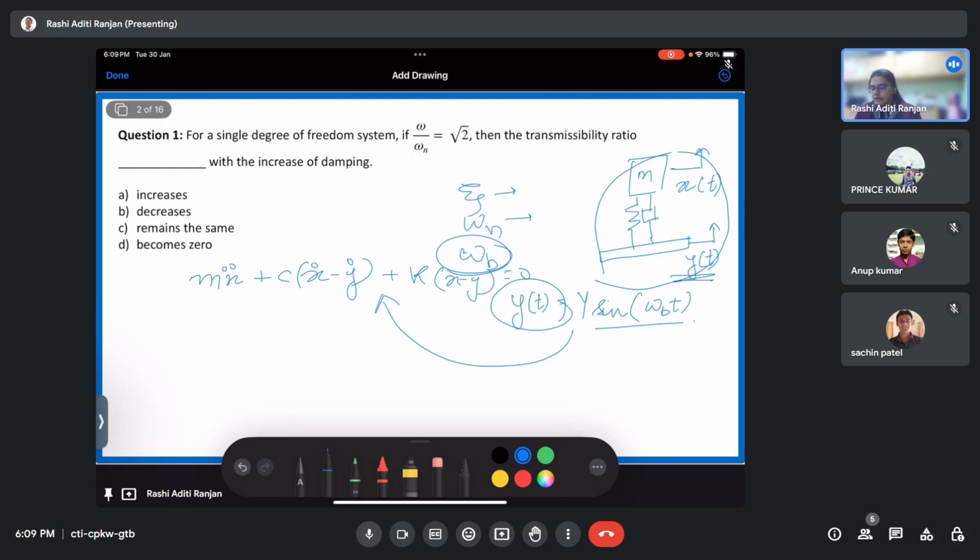Okay, fine. The reason is that the system is damped. A damped system means that the vibration which is due to the natural frequency of the system is going to damp out with time. Only the vibrations which are due to the forcing function will remain. So in that case, the transmissibility ratio is defined as capital X divided by capital Y is equal to under root of,